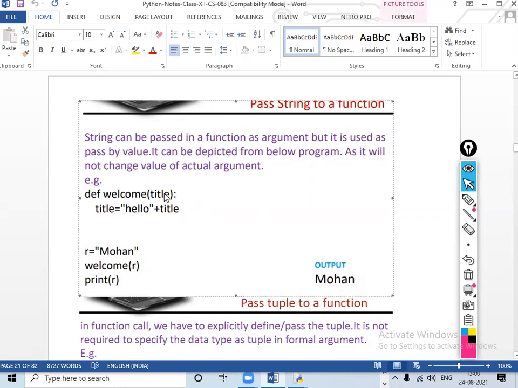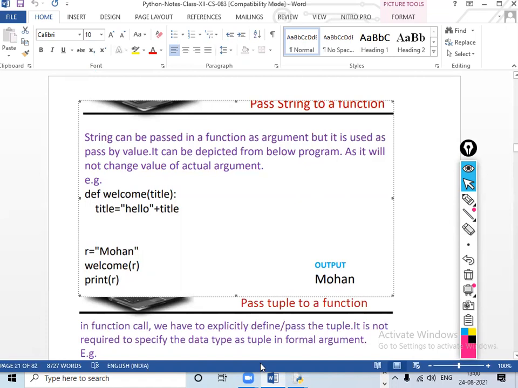Def keyword welcome, title. Title is an argument. Title equals hello plus title. R equals Mohan. Welcome R and print R. So R means Mohan will be copied, so hello Mohan will print it in this situation. And the second one, print R, Mohan will print.